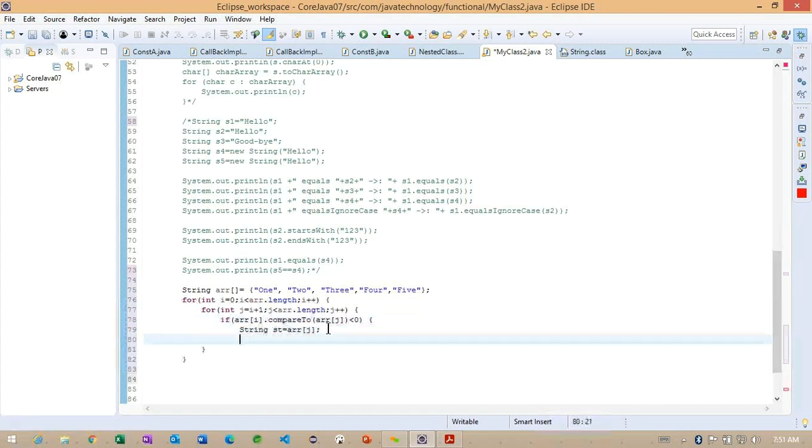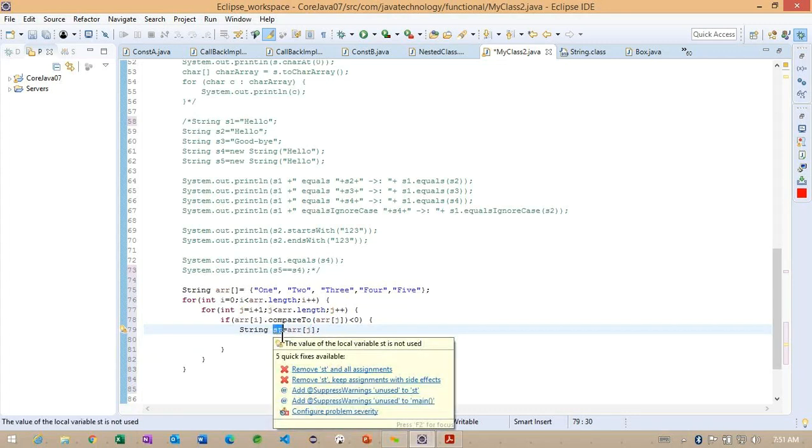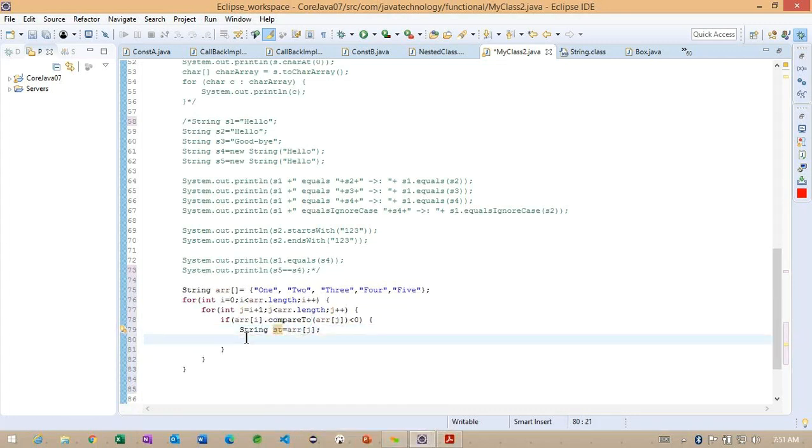We are getting this. Okay. Now observe, whatever is inside this particular array, based on this index location, I am trying to load one object here that is called st.